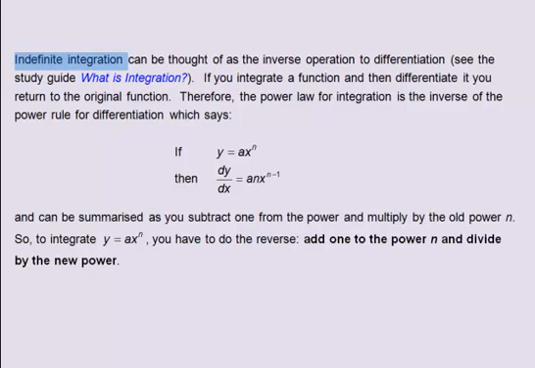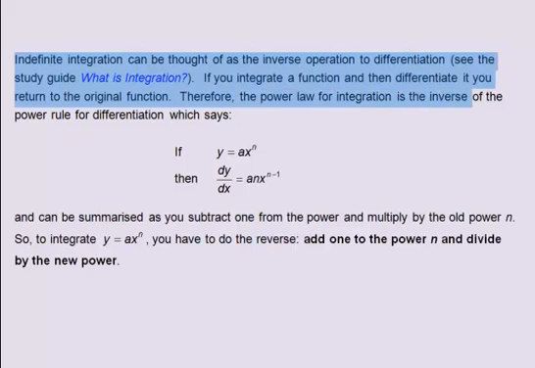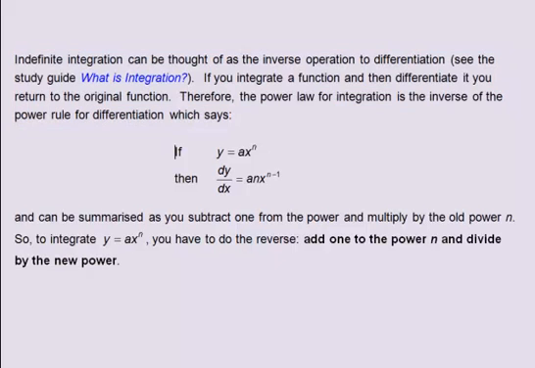Indefinite integration can be thought of as the inverse operation to differentiation. See study guide, What is Integration? If you integrate a function and then differentiate it, you return to the original function. Therefore, the power law for integration is the inverse of the power rule for differentiation, which says if y equals